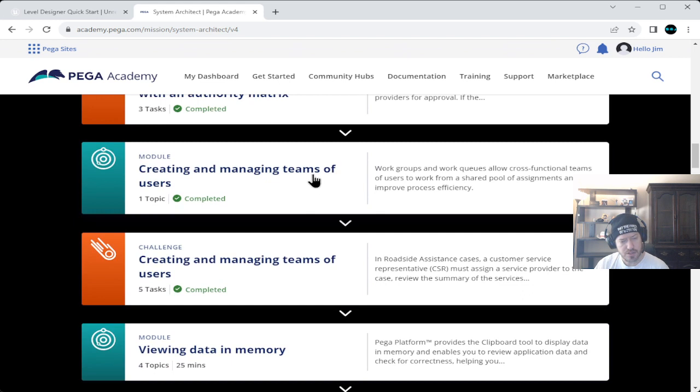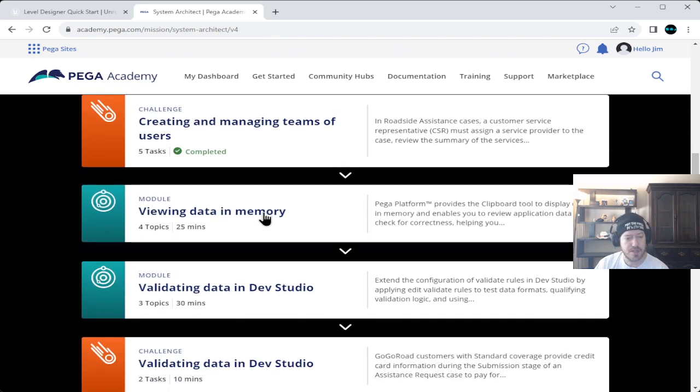We were tackling creating and managing teams, and that's the one that I was having a little bit of trouble with lately, was the fact that they were using teams and units and various other things, and it's like, wait, what? What are you doing? So it was a little rough on that. I kind of sent them a suggestion to try to maybe clean it up a little bit,